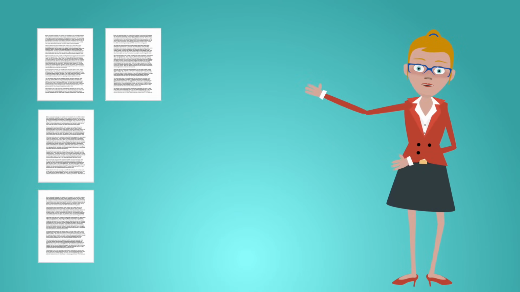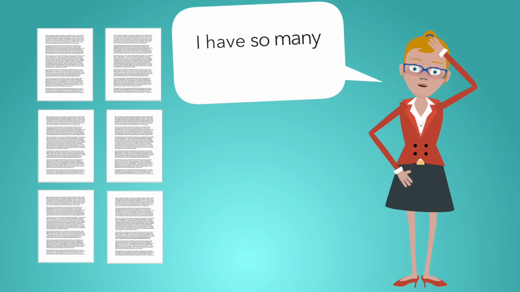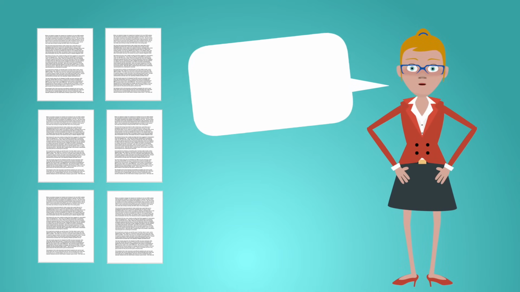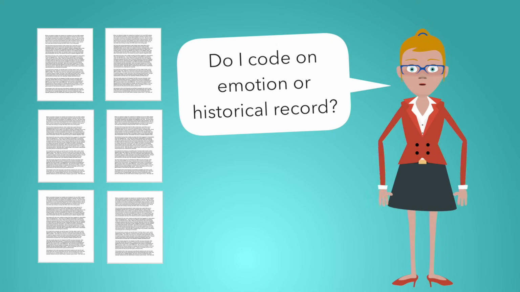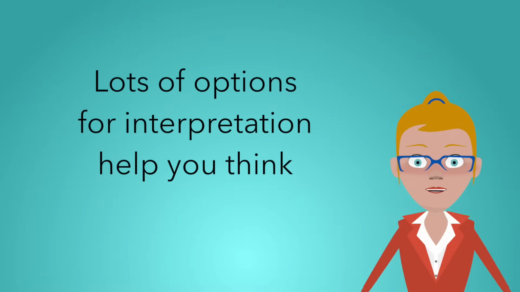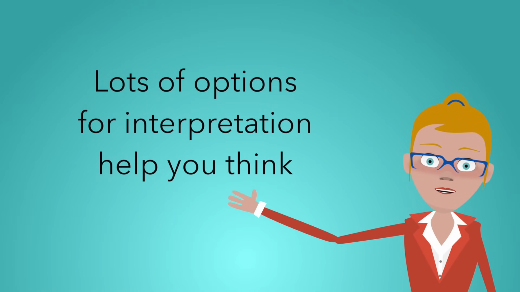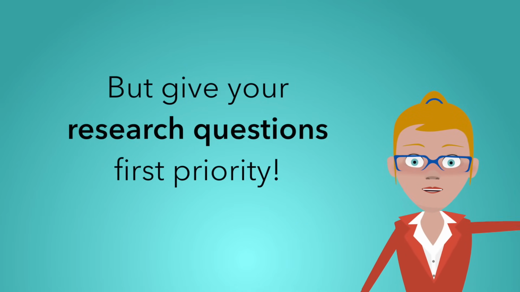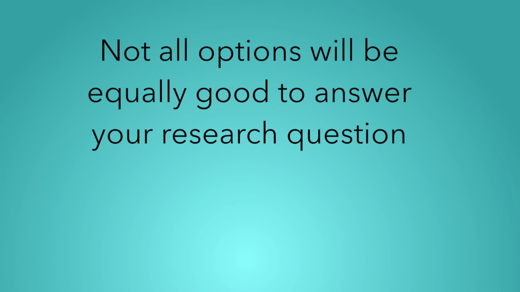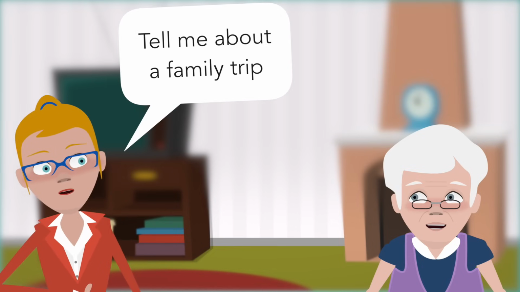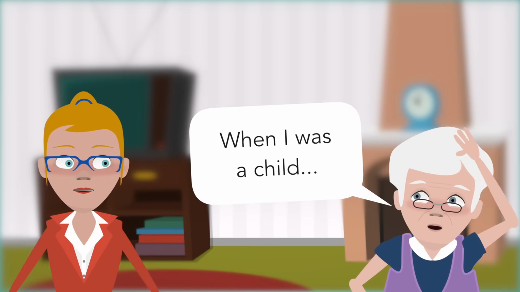If you have a long, extended passage and people are talking about something that you could code multiple ways, you could code some text on whether it's emotional or whether it's descriptive of a particular situation, on sequence or frequency. All of the options about how you would interpret what somebody says are great to think about, but it's important to keep your research questions in mind. Each option for coding, for summarizing a statement or a passage or visual data, is not equally important to your research question. If somebody is describing an experience, and the actual description of that experience,